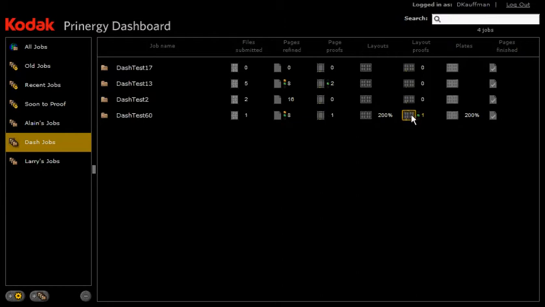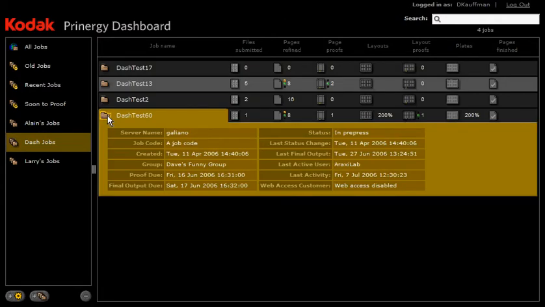Each of these icons is actually clickable itself, and that brings up the job details view. When I look at the job details for this job, dash test 60, I see a number of attributes of the job. The server it lives on, the job code, when the job was created, the group it occupies, when the proof and the final output were due,